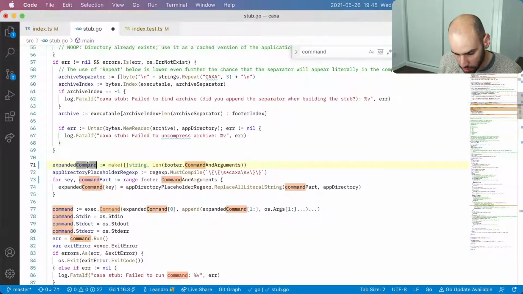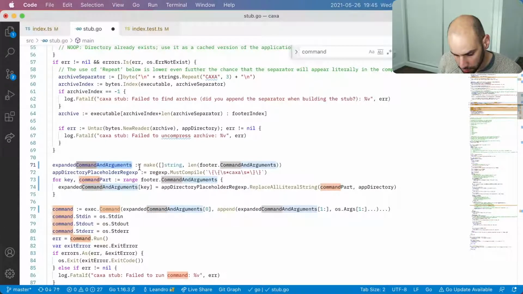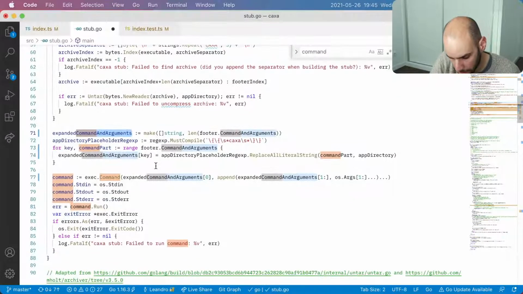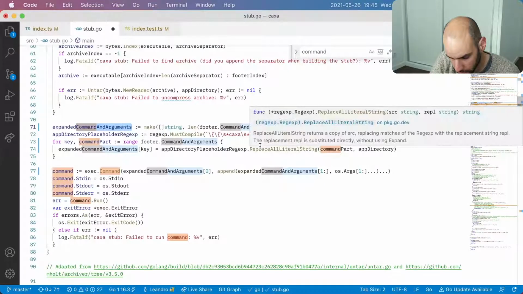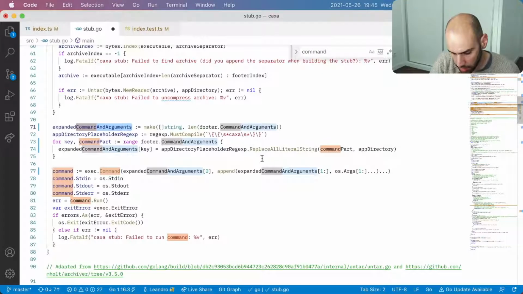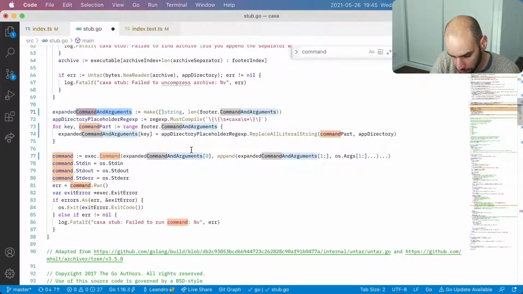And now we want to call this expanded command and arguments. I'm not too sure that I like this refactoring. Maybe I'll take it back. Yeah, I think I'll take it back.